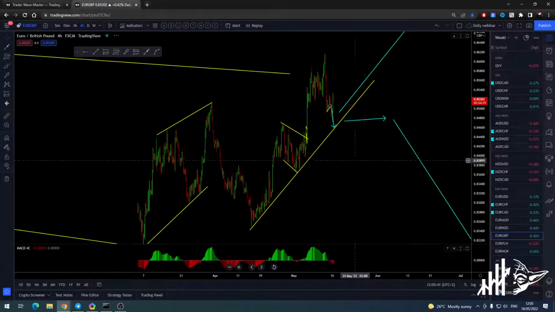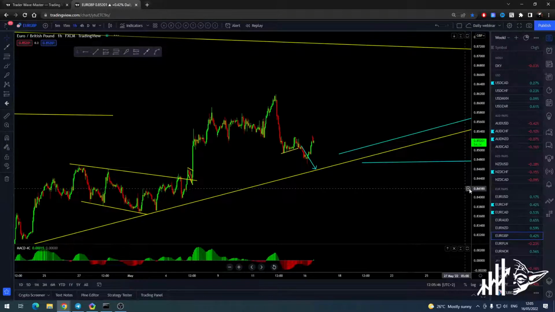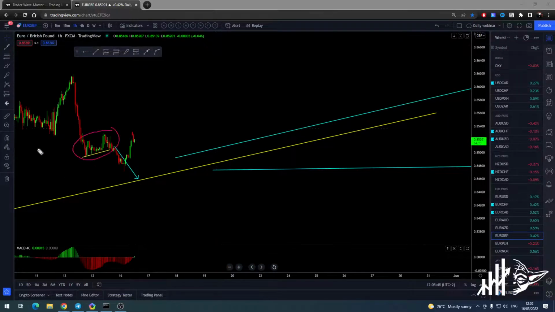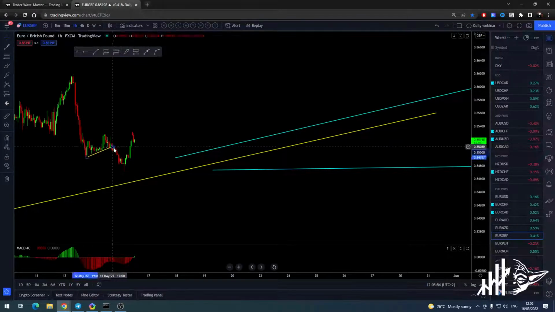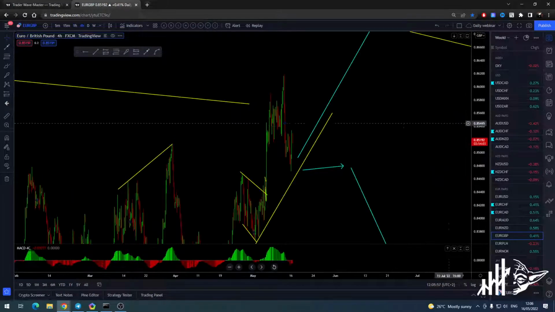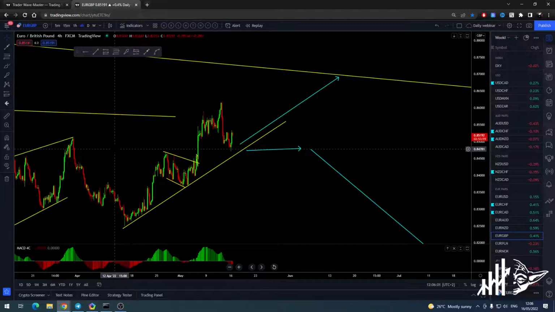Euro GBP, what is it trying to do? We were anticipating down. Look at that one, that's the setup we were watching. One of our traders has spotted this trade over there. If he took it, then he's out at break even or a small profit. It's not going anywhere. That's not what we want to see. We want to see the trades going. When we get in, they should go. If not, then we are out with a small profit.